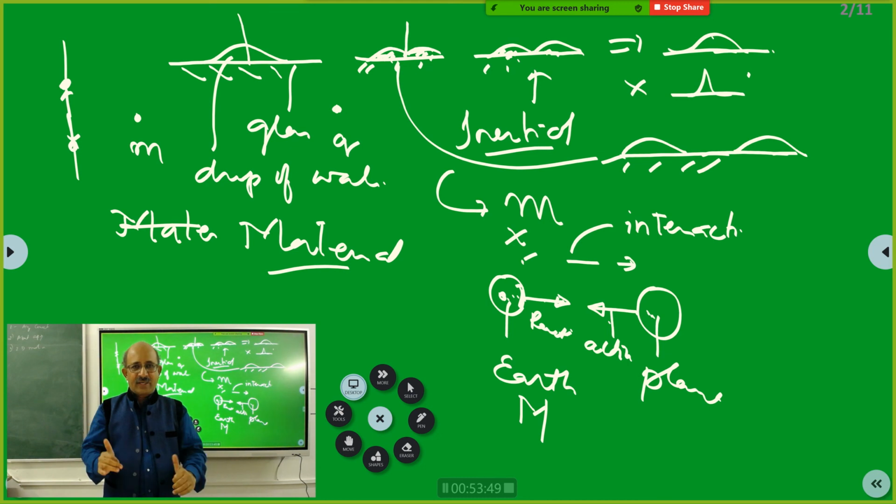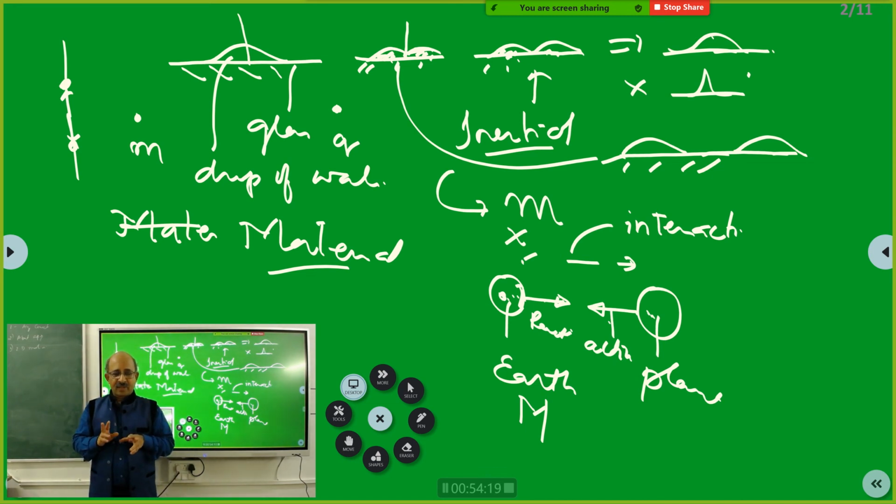Bodies and mutual interaction. Newton's third law deals with bodies and interaction. If this body applies so much force on that body due to mutual interaction, that body will also apply the same amount of force on the first body, but in the opposite direction. So the third law establishes this aspect of the interaction.